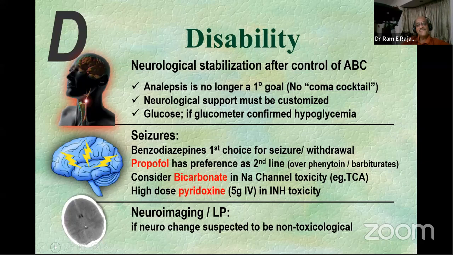What is it? It's the QRS width. It's very interesting, but the QRS width is very important. The QRS width is both an indicator of neurotoxicity and cardiotoxicity in tricyclics. That's a side question. And then the last and interesting point that I talk about in seizures is for INH toxicity, large dose pyridoxine is probably the most appropriate antidote under those conditions. There may be, again, a need for you to individualize the management of the patient, and occasionally neuroimaging and LP may be necessary, especially if you have a superimposed concern about a non-toxicological circumstance.